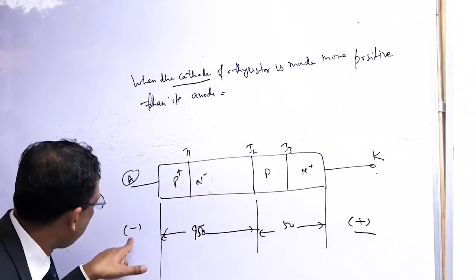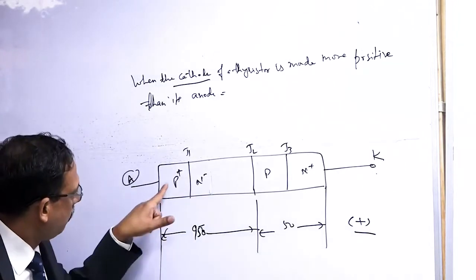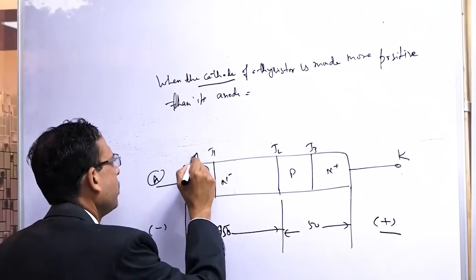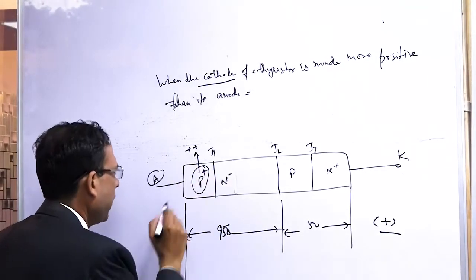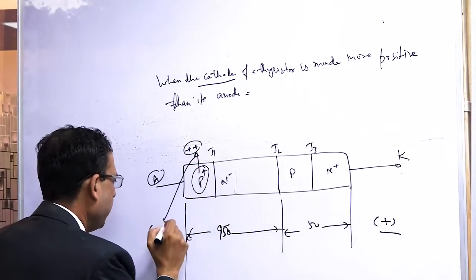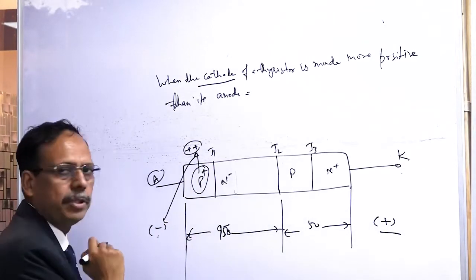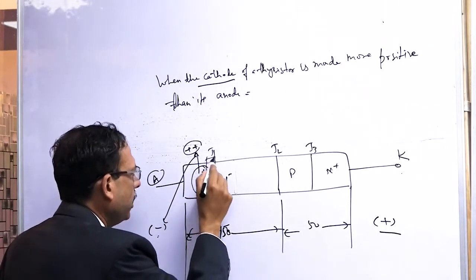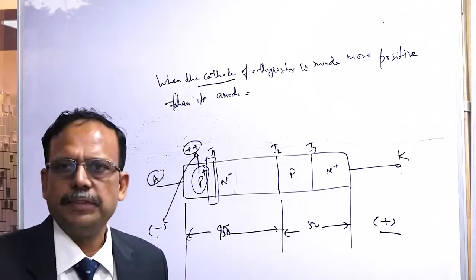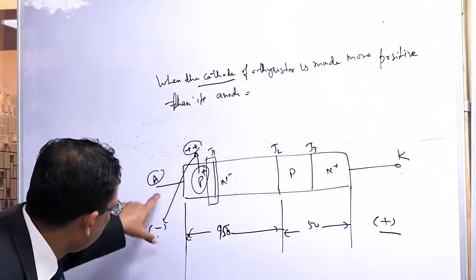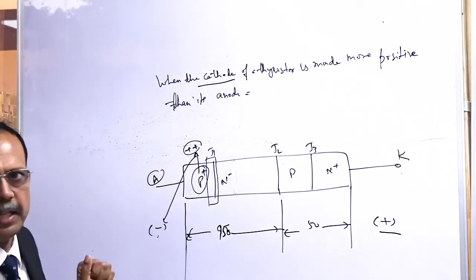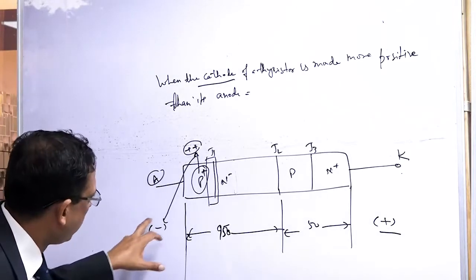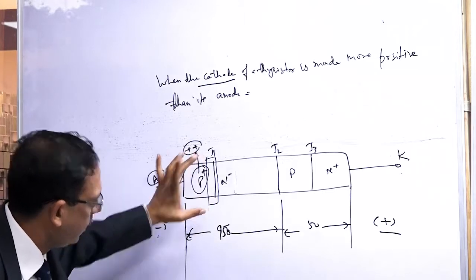So now you tell me, when the negative is here and the P, this is containing maximum what? It is containing maximum P. So with the negative, all the P will be going here, to the negative terminal. So mostly what will be left here? What is the concentration here? What will be the concentration? Because the negative is there, all the P will be taken by this negative, it will attract, negative will attract the positive to neutralize it. So what is going to be remaining here in the P plus?